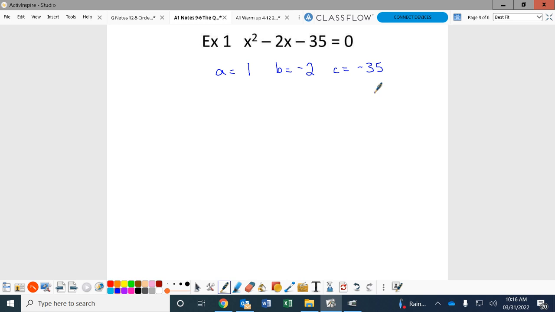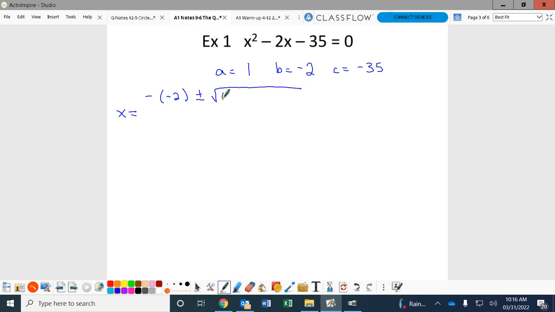You're going to plug in the numbers, you're going to work it out to a final answer. Here's how it's set up. When we set these up, we're always going to say x equals, because that's what we're solving for, guys, is what x is equal to. And then we're going to plug it in like this. It is going to be the opposite of, and you always put it as a negative sign. You put parentheses, and you put the number for B inside of here. So it's the opposite of -2 plus or minus the square root of